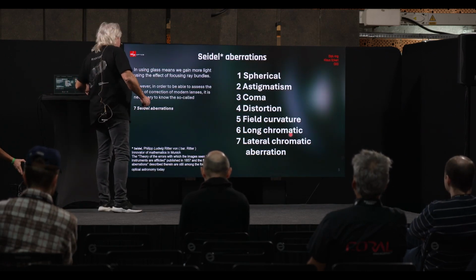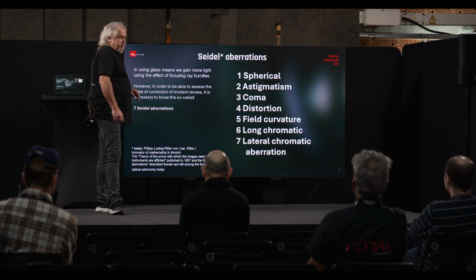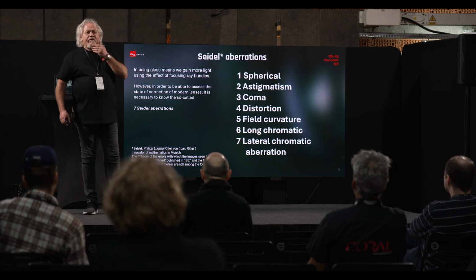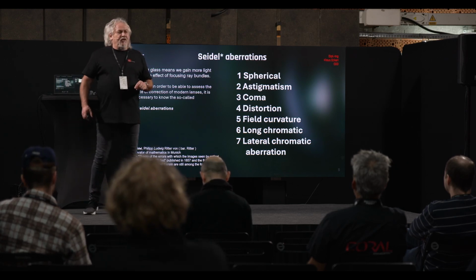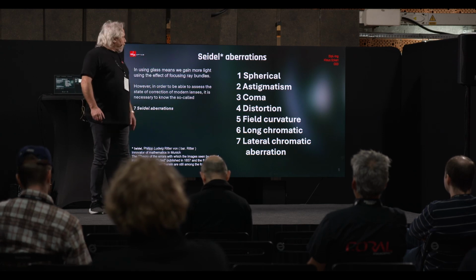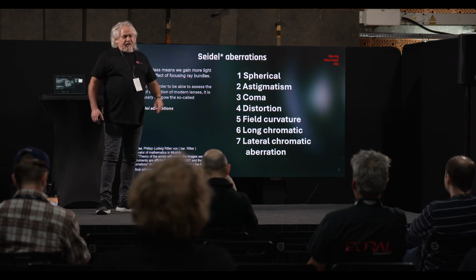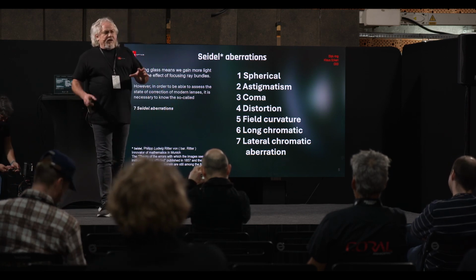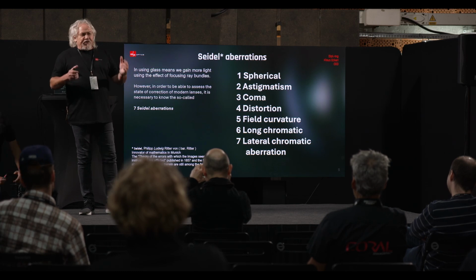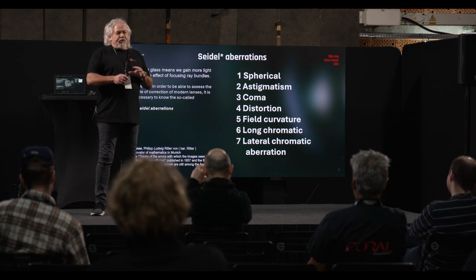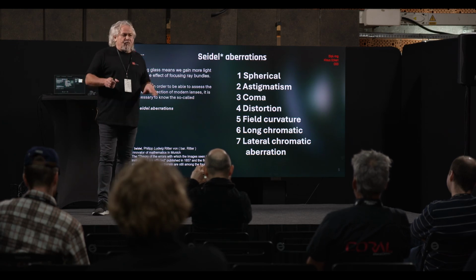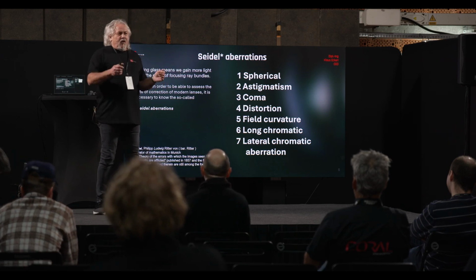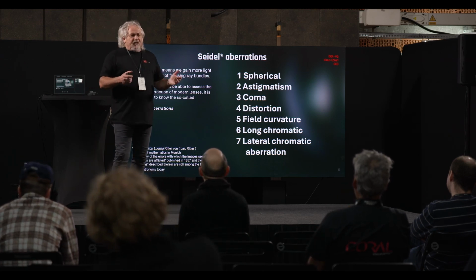Now we're coming to the aberrations. What is the main thing I wanted to talk to you about? It's rather famous. I don't know whether some of you have ever heard about it. It's called the Seidel aberrations. Normally there are 5 of them, and we added 2 more, the chromatic aberrations. So these 7 candidates you have to fight against if you design a lens. And it's always, we will see, a balancing of these aberrations to get the maximum out of your lens. If you could reduce everything to 0, you would have the perfect lens, which does not exist. You always have a rest of aberrations, but it's a balancing of what aberrations you want to stay with and what aberrations